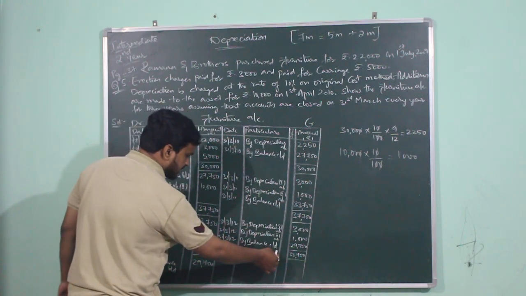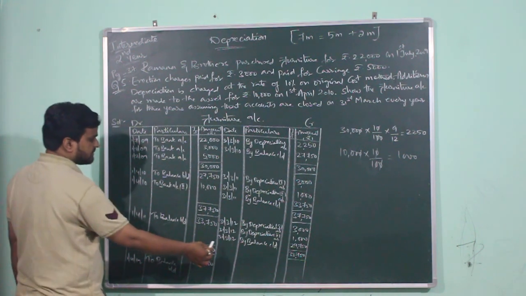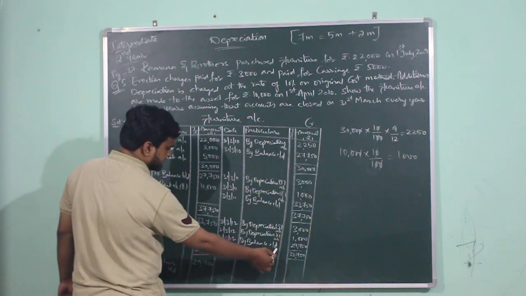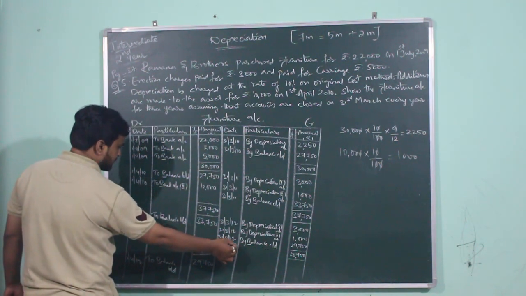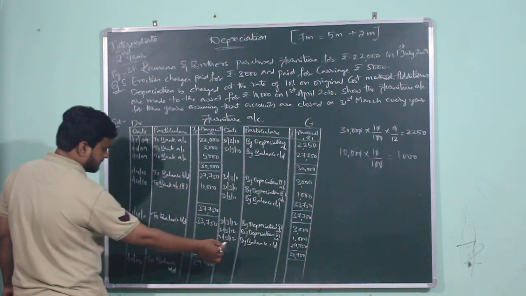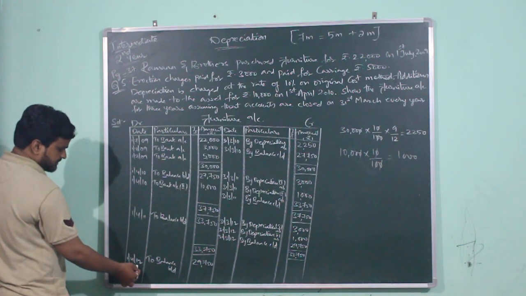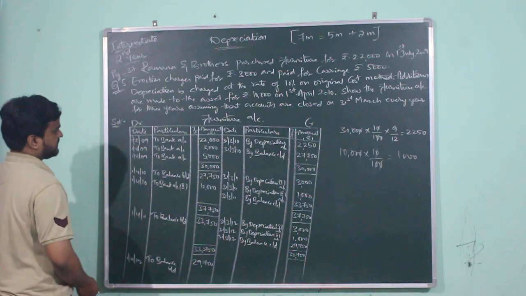Now how do we balance the account? We will be subtracting 4,000 from 33,750. The value which is left out is 29,750, which will be written as by balance carried down at the end of the third year on the date 31st March 2012, and the closing value at the end of the third year will become the opening value at the beginning of the fourth year, which will be written on 1st April 2012 as to balance brought down 29,750.